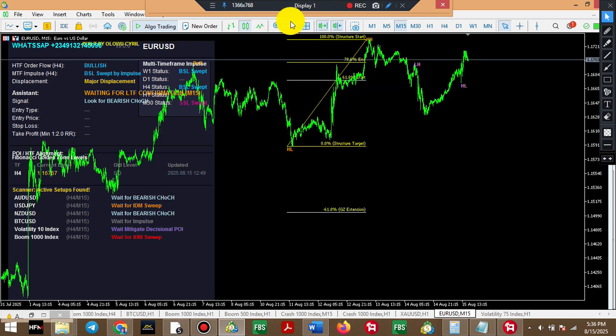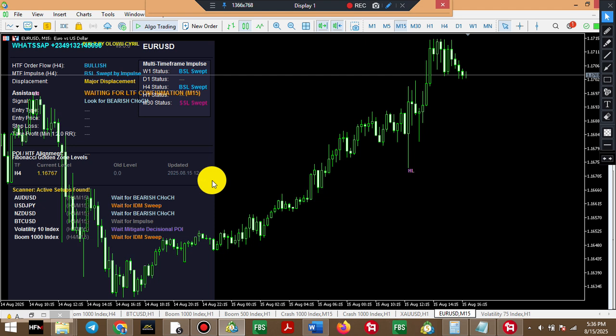If H4 is going to be difficult for you to track, use a lower time frame. Now the code here currently is 1.16767, so I can just write this figure somewhere and leave it. Anytime I receive an alert that the H4 golden zone is now 1.18 something or 1.19, I check the code, and if it's different from what I have initially, it means the Fibonacci has taken a new shape and created a new golden zone. So this is when you start monitoring that zone for a high probability trade,